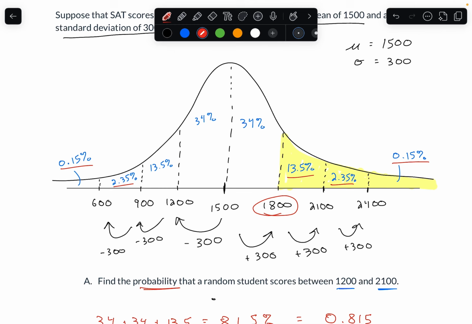Now, the empirical rule is extremely helpful, and it's a good starting point for the normal distribution. We are going to start to run into some problems, though, if we wanted to talk about a data value that doesn't live on our x-axis. So we had all these different x values, but what if I wanted to talk about like 1300 right here? How would I deal with